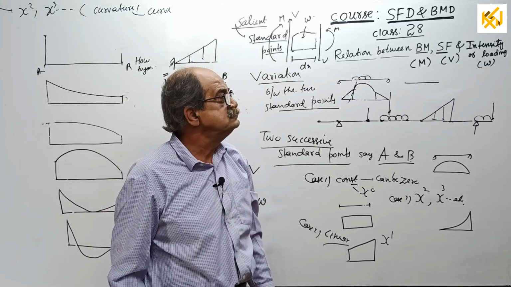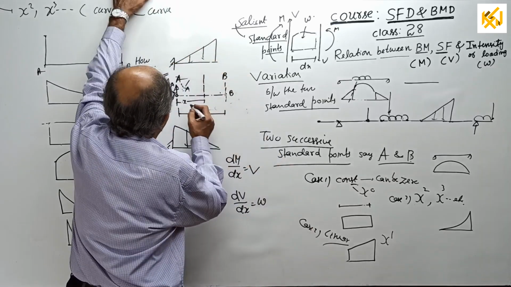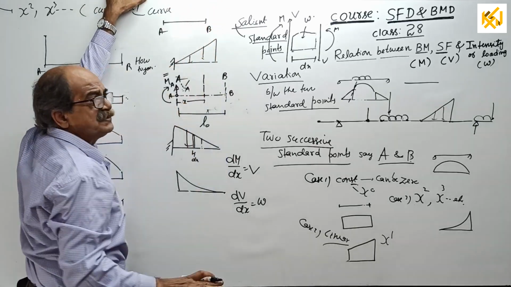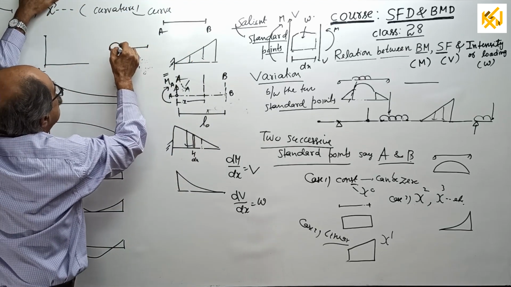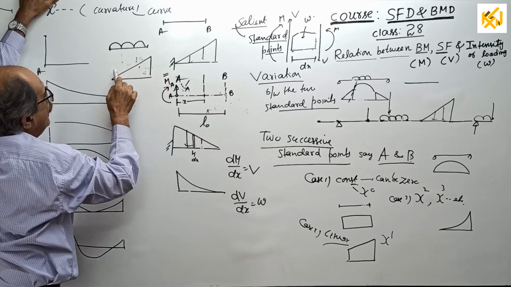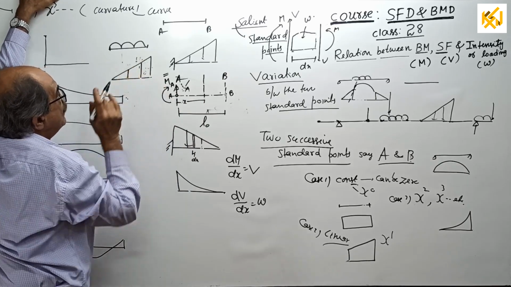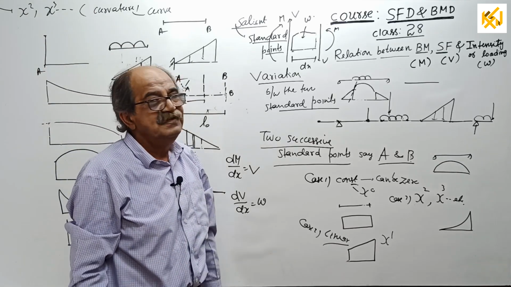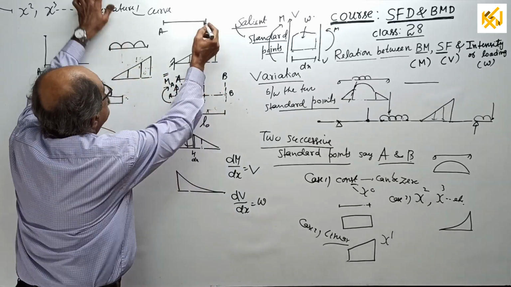Now, sometimes a student will ask me, sir, everything is clear, sir. You considered between 2 standard points, A and B, no load. Okay, sir, clear. Then you told, next, when UDL is there and UVL is there, whether this way or this way, that is all not required now. UVL is there. It can't be this way. Yeah. Sir, everything is clear. But you forgot one thing. I will ask them, what did I forget? They will tell as if they have found a mistake. Sir, you have not told between these 2 standard points.